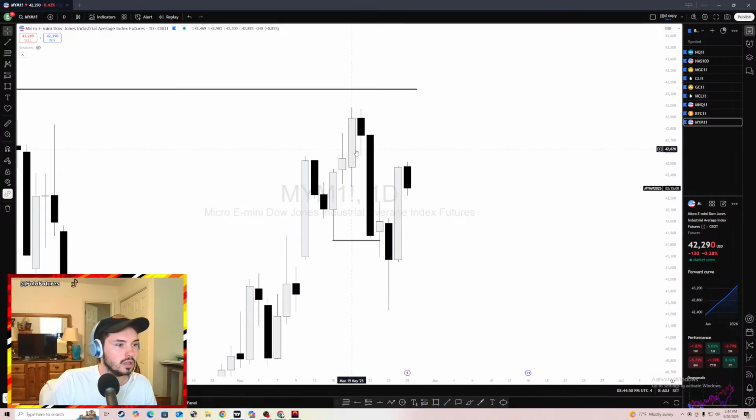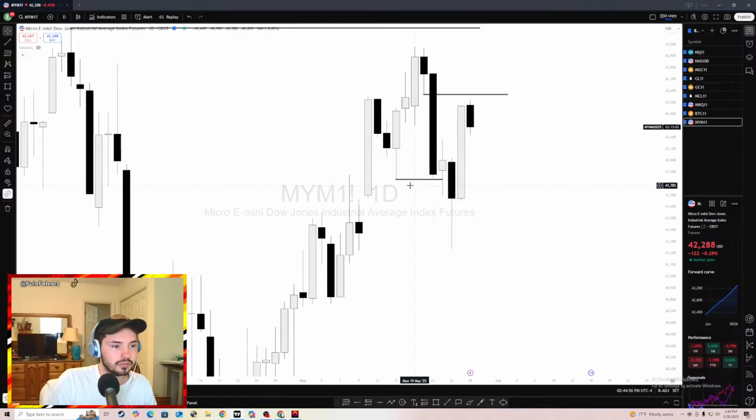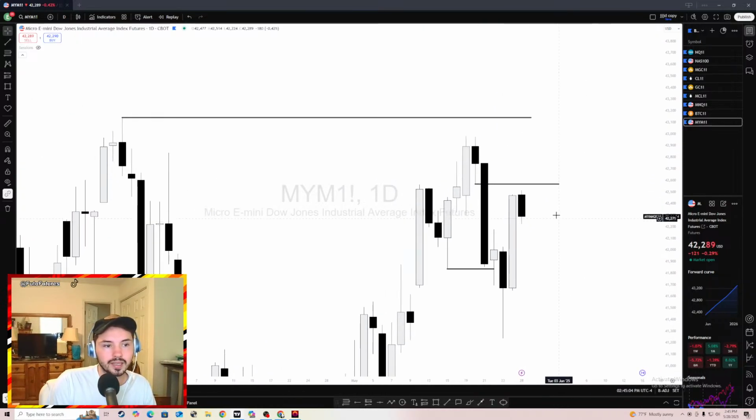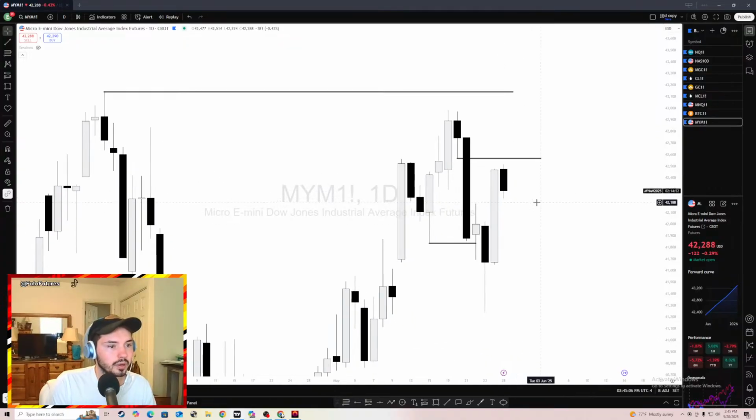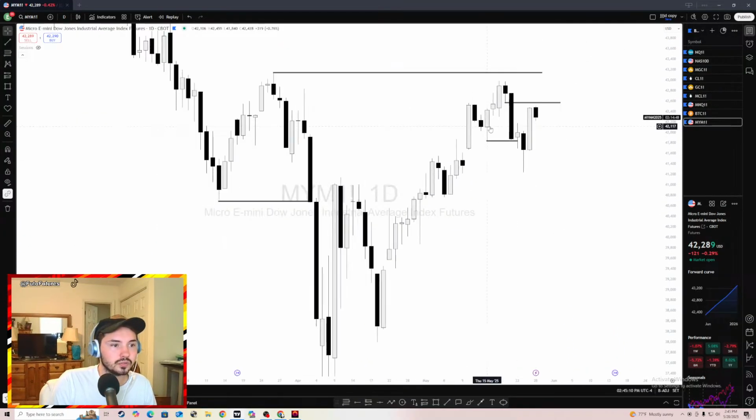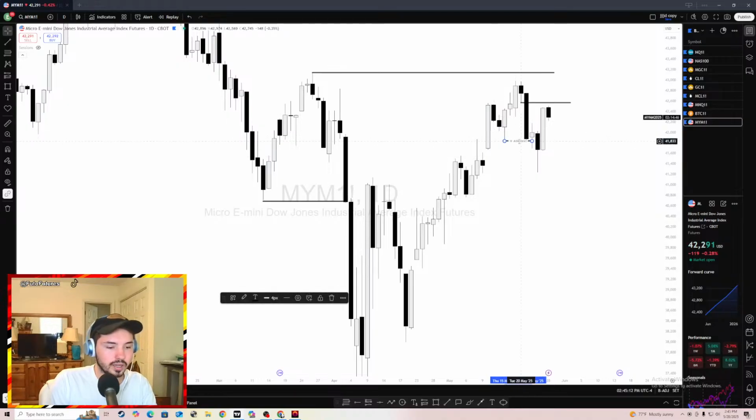All right? So what I could see is us working up to here, to this line. So we failed to break this. We failed to move down lower. We showed some strength. So now I could see this candle potentially work up to here. So maybe I'm bullish biased for the short period, but this wouldn't be a trade I would take on the 30-minute, okay? For the 30-minute, I would look at it in terms of this.